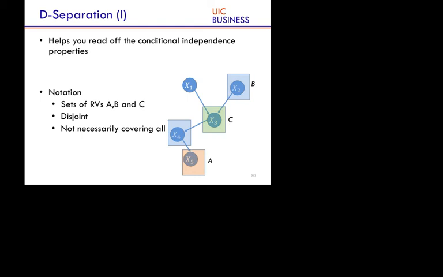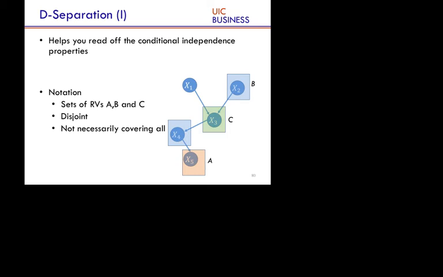For 3-node graphs, we just saw there are only 3 orientations of edges that you can have, because head to tail you can also invert it, but it's as good as saying A is the same as B or something like that. So for 3-node graphs, we just saw that conditional independence can be inferred for 2 of the cases, but for the third case we cannot infer. For a larger number of nodes,